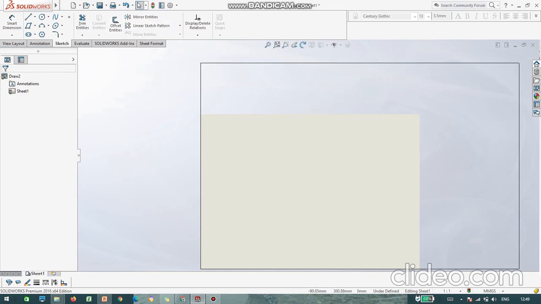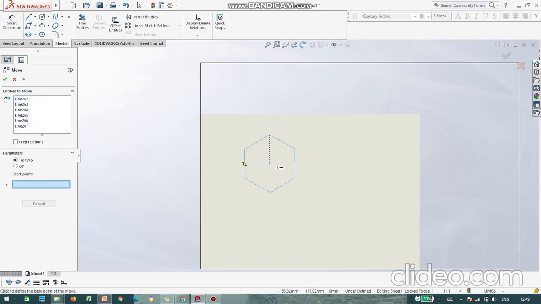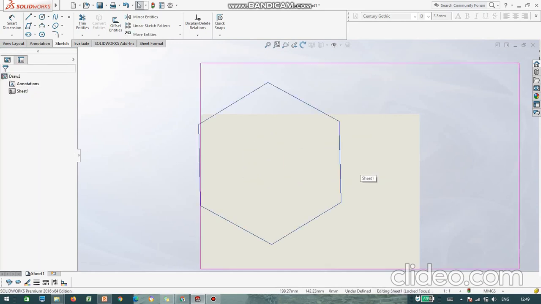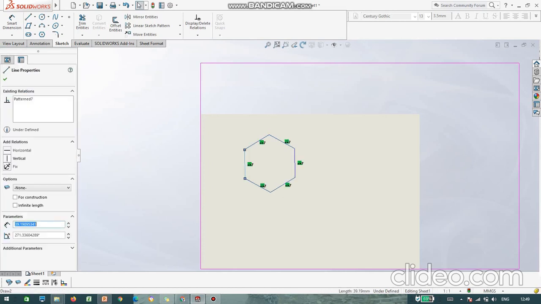Next we have move entity. I'll show you the difference between move and copy. For move entity, as you can see, select the entity first. It's asking where to move. I want to move the starting point from here to here. Because it was not constant, that's why it increased.